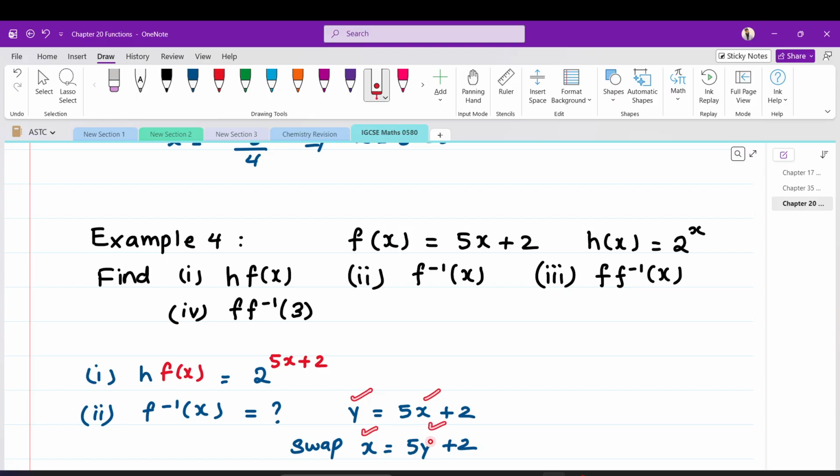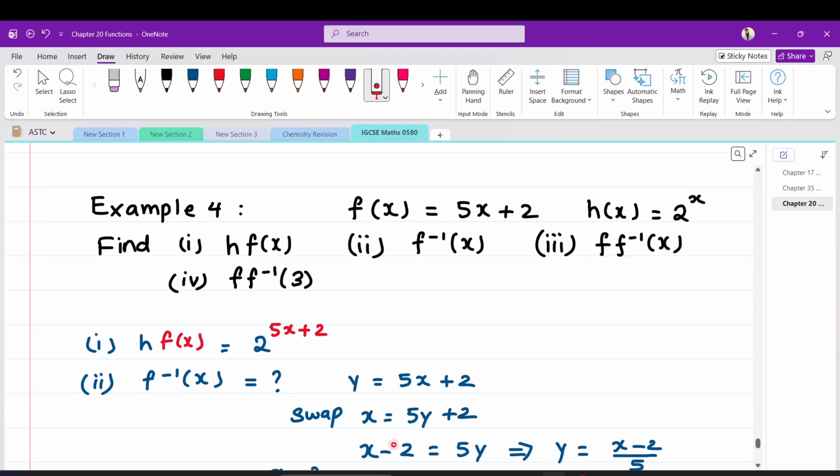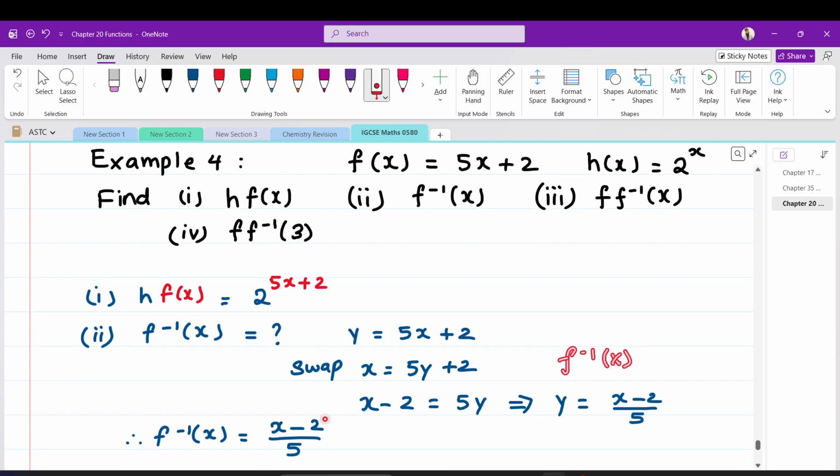Then we make y the subject of our formula, so we have x minus 2 equals 5y. Then we divide both sides by 5, so we get y equals (x minus 2) upon 5. The final step is to replace this y with f inverse of x, and that's our answer